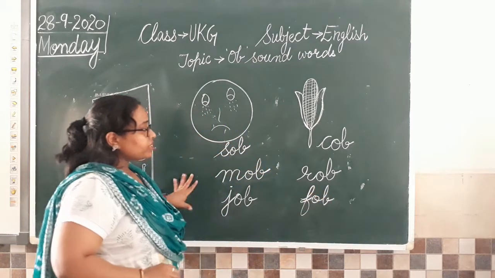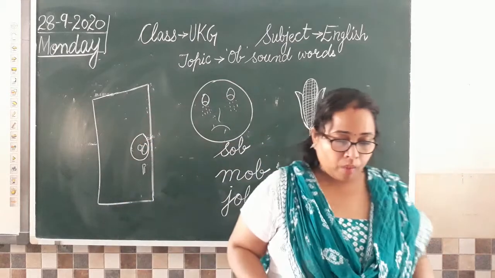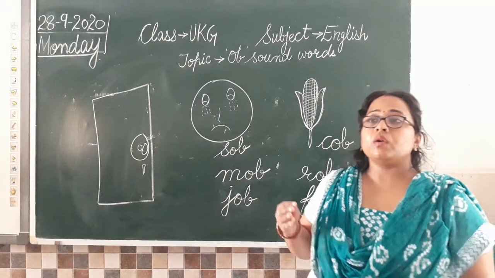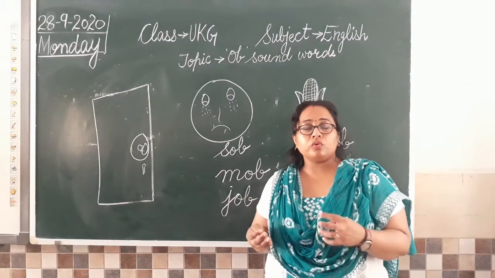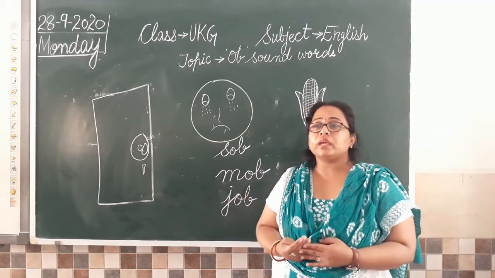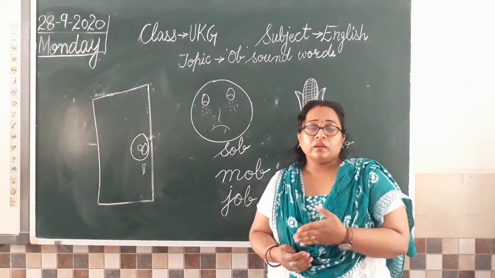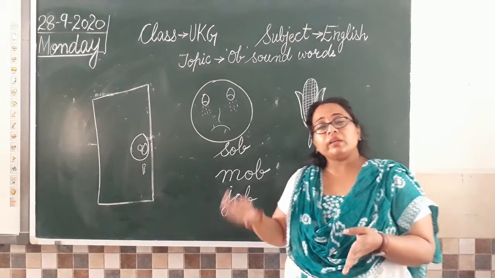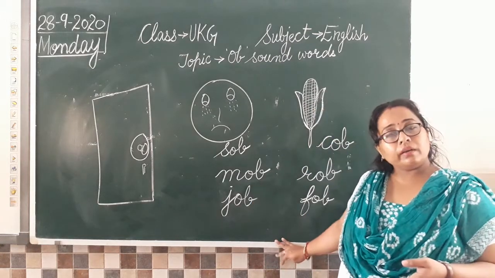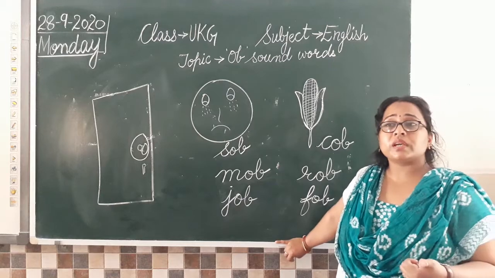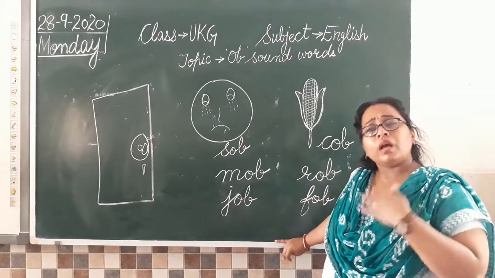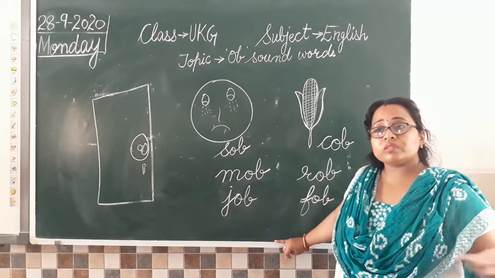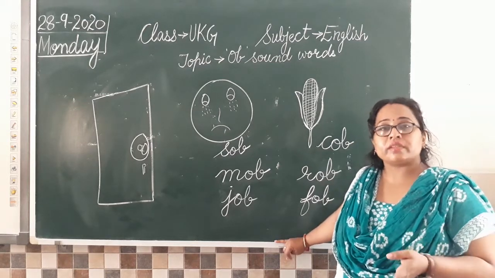Now the next word we have is fob. What is fob? To cheat someone. आप किसी को cheat कर रहे हो, उसको धोखा दे रहे हो, और you can say कि you have promised कि I will do this for you, but you are not doing it. That is cheating. आप किसी को cheat कर रहे हो, that is fob. Clear? ठगना किसी को, आपने उसको promise करा है कि okay fine, things will go normal, I'll help you out, but when actually जब आपको help करनी थी, you just run away. That is to cheat someone.